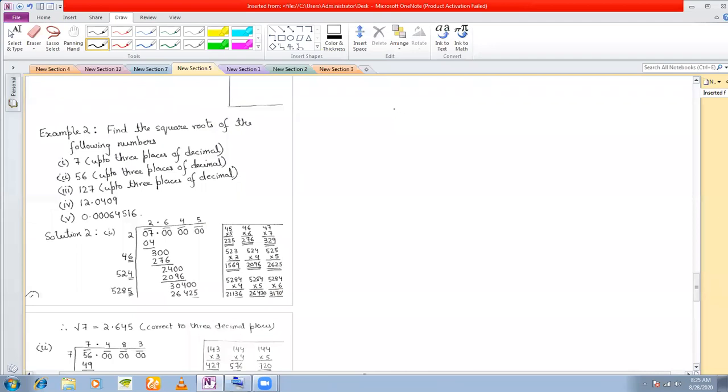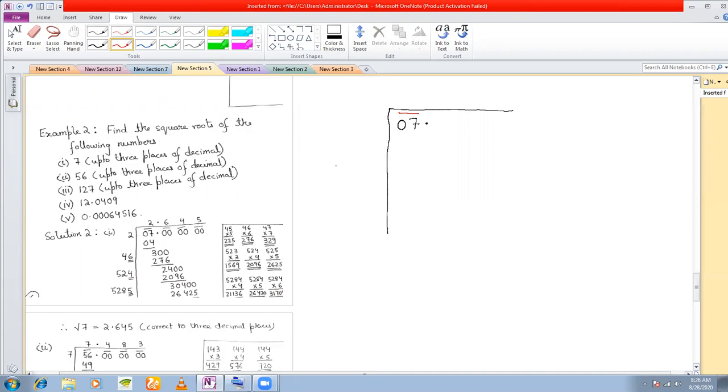Let us attempt to find out the square root of 7. Now 7 is a single digit number. How do you pair it? See, you have a decimal point here. So what you do here is you add a 0 here, and now this becomes your pair. So you have found out the pair towards the left of the decimal. Now we want to work towards the right of the decimal.